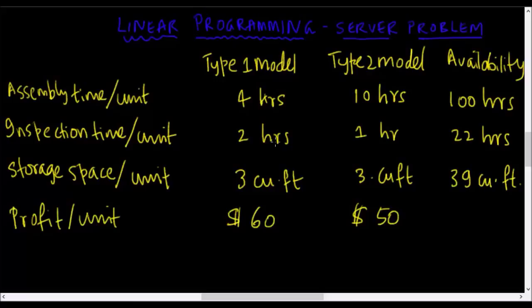Similarly, 2 hours and 1 hour respectively by type 1 and type 2 models in the inspection unit, and 3 cubic feet of space for each of these models in the warehouse. Given the limitation of these resources, there are only 100 hours in the assembly section, 22 hours in the inspection section, and 39 cubic feet of space in the warehouse. If this is the consumption pattern per unit, then how do I maximize the profit which I get by selling type 1 and type 2 models